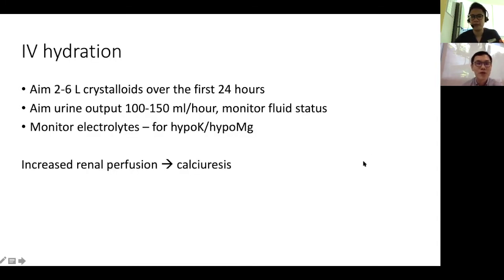Okay, I think usually the problem is not enough fluids. What the patients come in with is usually that they are fairly fluid depleted, so they